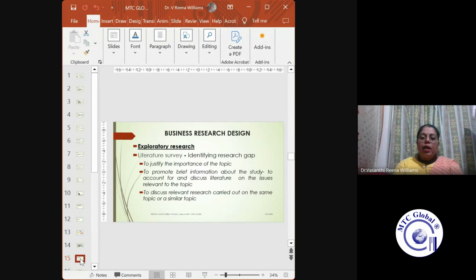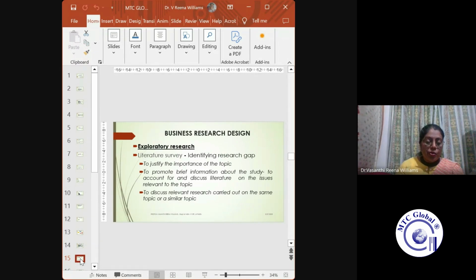Now, coming to exploratory research. I hope you understood now. So how do you go about this exploratory research? Firstly, you do a literature survey, which will help you to identify the research gap. So what is a literature survey? A literature survey is secondary data